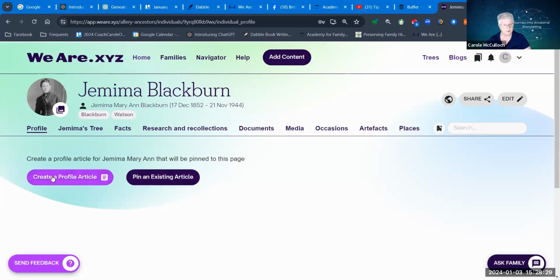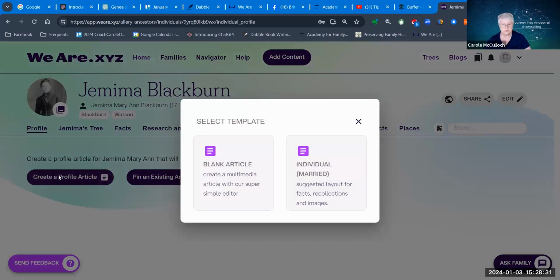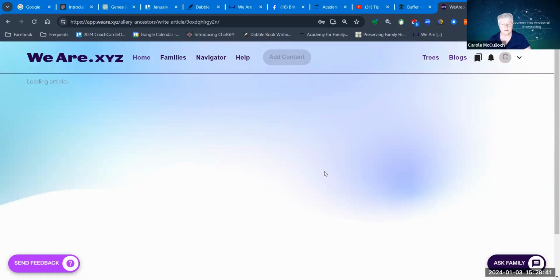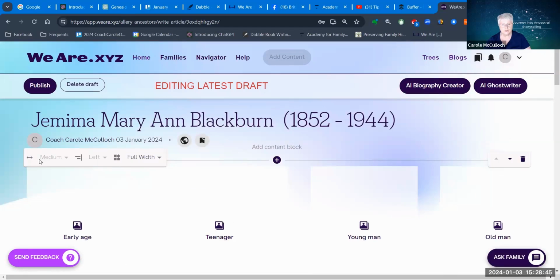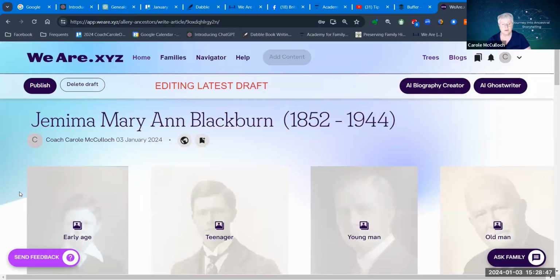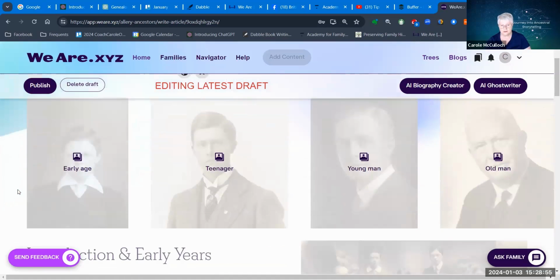But if we create the profile, we can use a blank one or a married one. And inside this, it gives you a little bit of a template that you can follow so that you've got an idea of how to put together a profile for your ancestor.